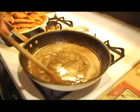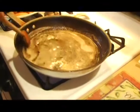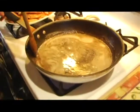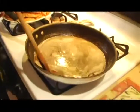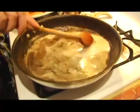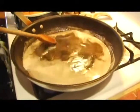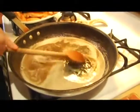And while we're doing that, we want to get the nice little bits on the bottom of the pan. Scrape them all around. This is why I asked Elaine to get a wooden spoon, or you can use a plastic one. You don't want to use metal because it'll wreck your pan. You don't want to scratch it if you have a Teflon pan. So I'm scraping all the bottom pieces of all the